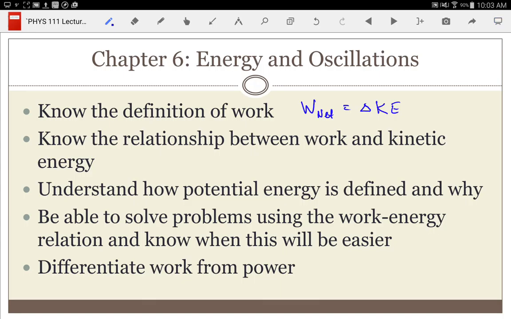I would apply force and I would make her move. That's doing work. And I would be able to do that because I was moving. So that's what kinetic energy is. And kinetic energy has the equation